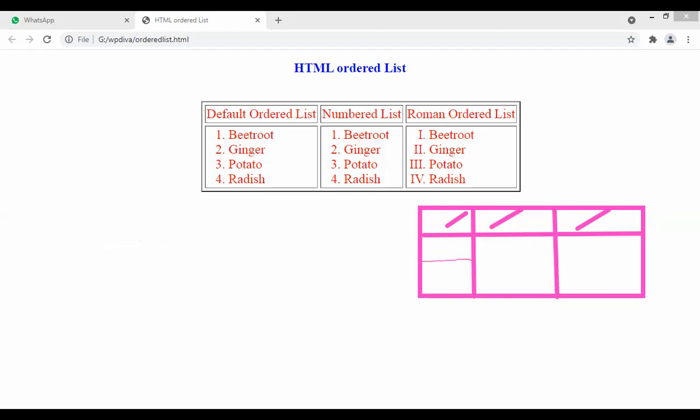In this area, what I'm doing, I'm taking use of what? OL tag. So OL, why I'm using OL now? Because whatever items I want to display in this cell, whatever items I want to display in this area should be in the form of what? Ordered list, right? And what syntax I told you guys, what is the syntax of writing the ordered list?